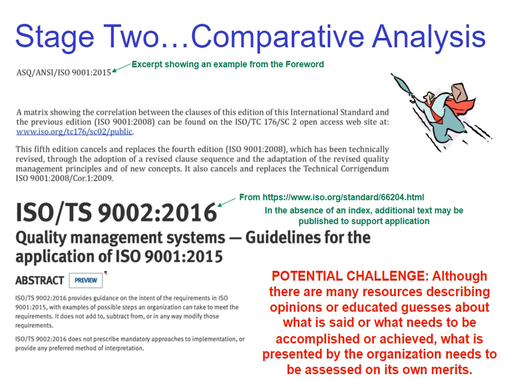So, potential challenge, as it says, although there are many resources describing opinions or educated guesses about what is said or what needs to be accomplished or achieved, what is presented by the organization needs to be assessed on its own merits. Okay? Meaning, when an organization applies any one of these standards, as an auditor, it's not that you look at the opinions of others, you assess the merit of what's there first and foremost. That's what you're trying to do, is can I get to recognizing whether or not 9001 in this particular example,